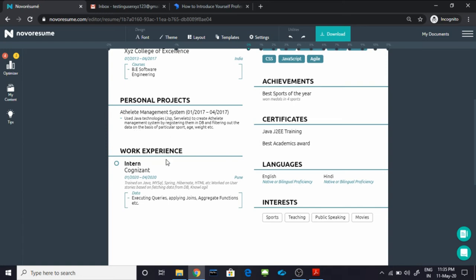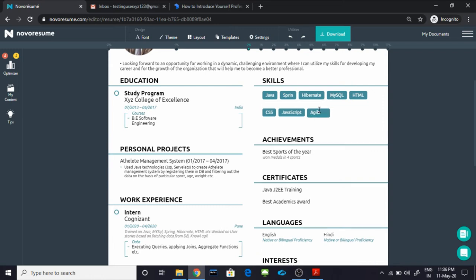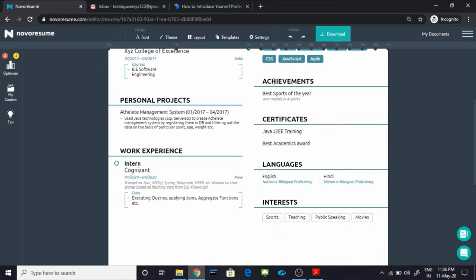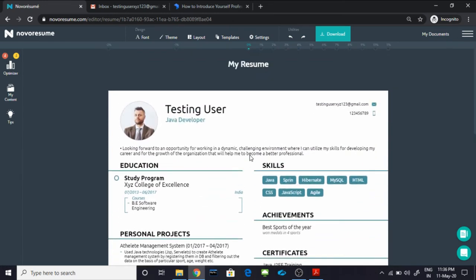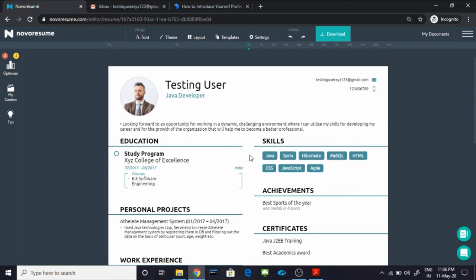And in work experience, if you are a fresher, you can mention your internship or whatever project you have worked on. You can add skills one by one. You just have to click on one skill and click on add skill, and one section will come and you can type the name over here. After that, your achievements, your certificates, your languages and your interests. Isn't it so simple? And believe me guys, if you spend a lot of time on Microsoft Word or PowerPoint, you will waste a lot of time over there.